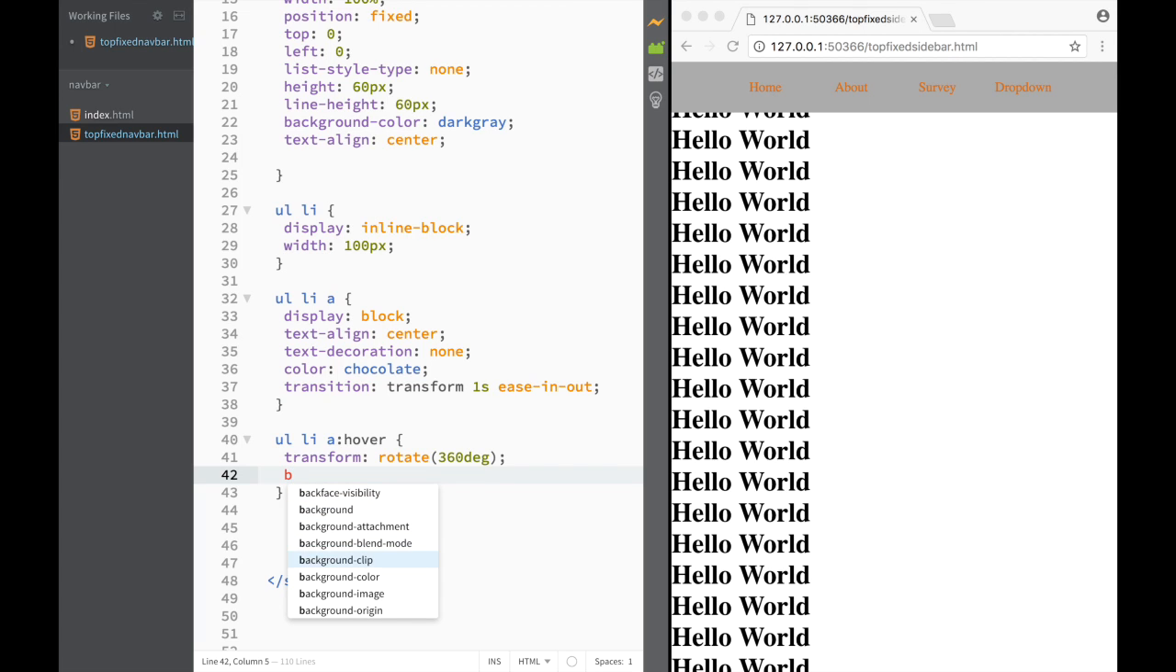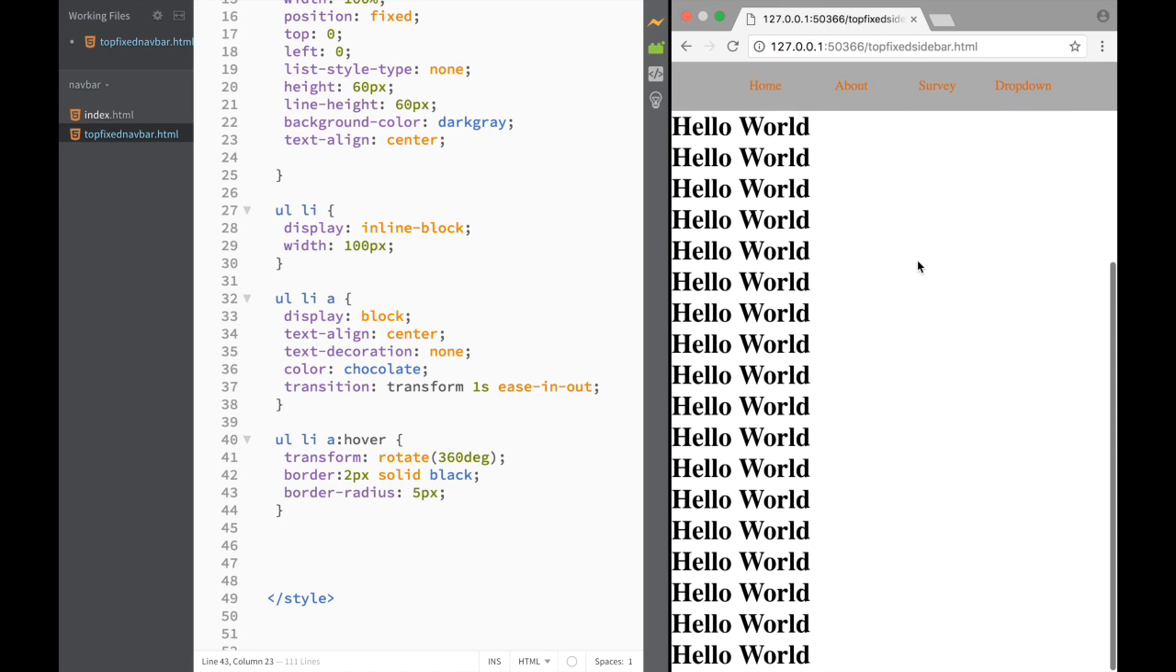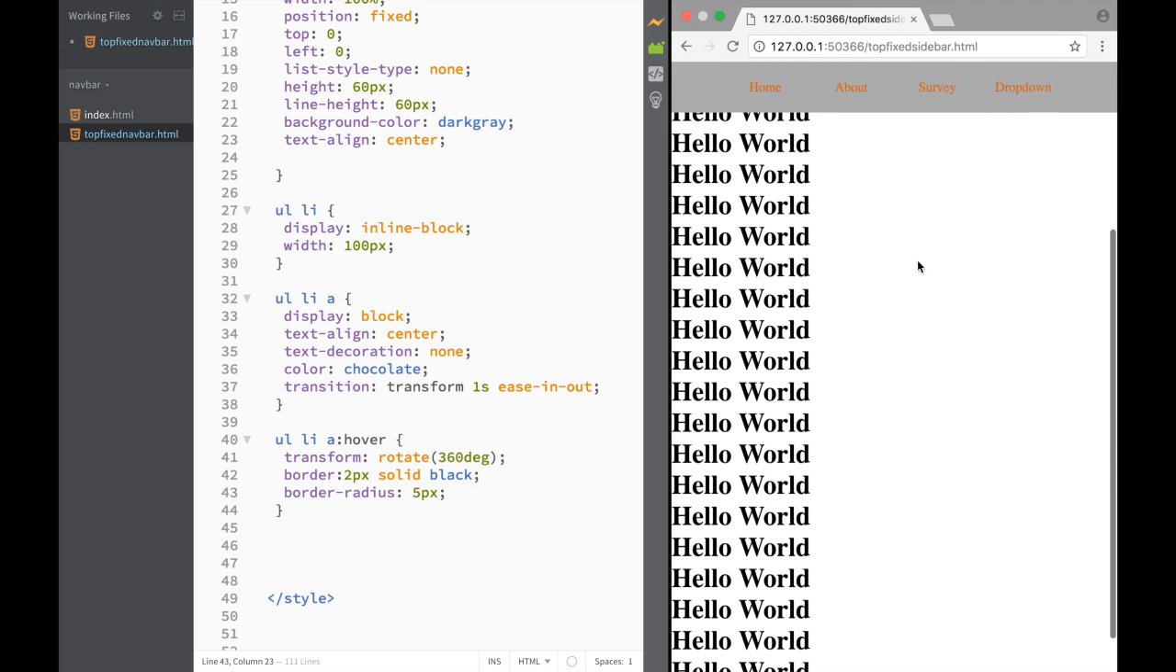So I'm just going to say border is going to be 2 pixels solid black over here. And after that, what I'm going to say is border radius 5 pixels. So if we go back over here and check it out, you can see what's happening, right? So now we have the spinning property, and also as we're going up and down, it's actually staying fixed on